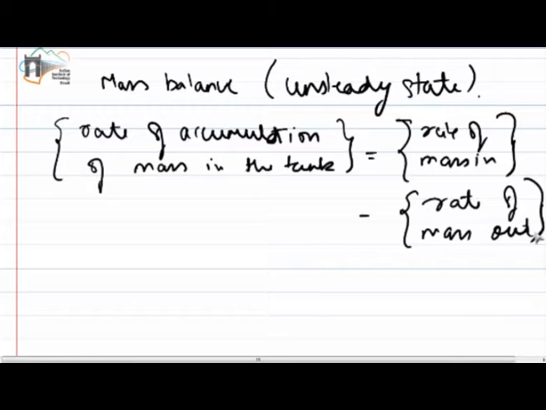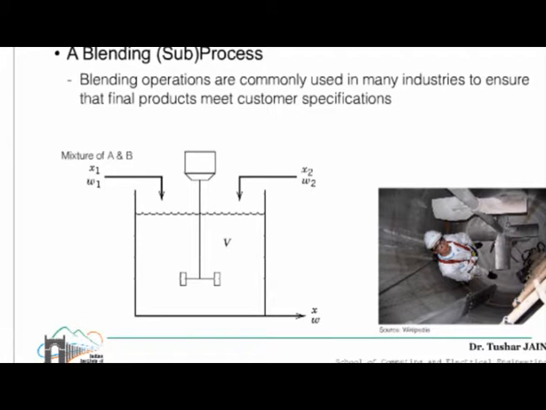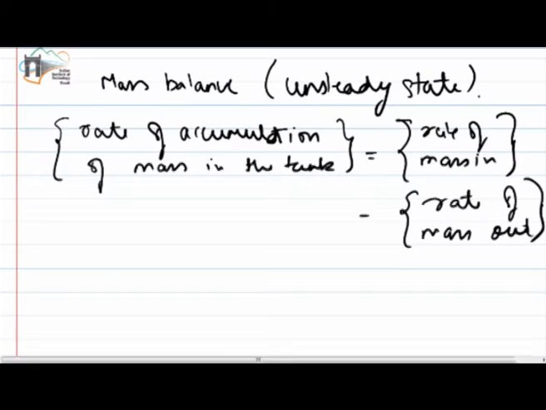Okay, so considering the dynamics, we have this x1 w1, x2 w2, and the volume of the tank is v, and finally we have the outcome x and w. Okay, so if I write the differential equation for this above equation, I would have,